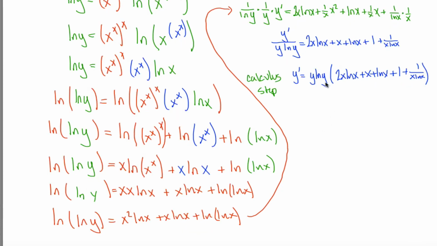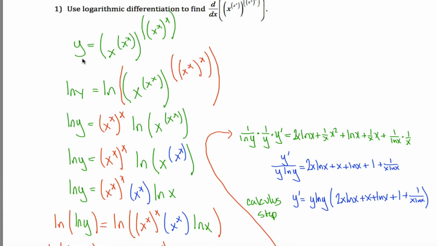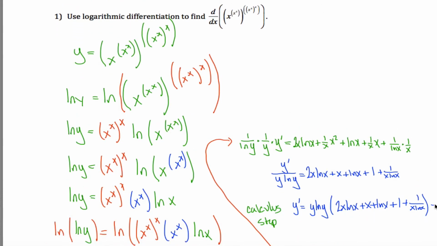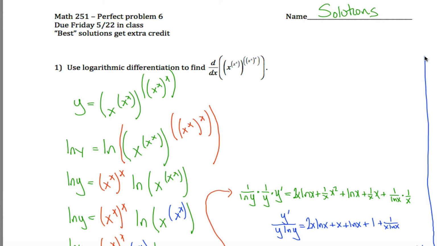Alright, and this won't serve as my final answer because this has y's in it. And y is just this thing I invented here. It's just taking the place of all this stuff. So really, everywhere you see a y, you should change it into this thing, because in the original question there weren't any y's. So I got to rewrite this thing, except in place of this y and this y, I write all this stuff. So maybe up here? Got a little bit of real estate up here. Okay, so this derivative is equal to